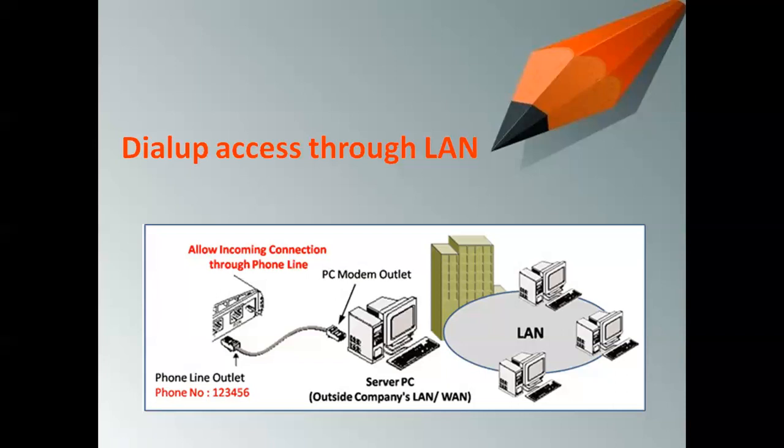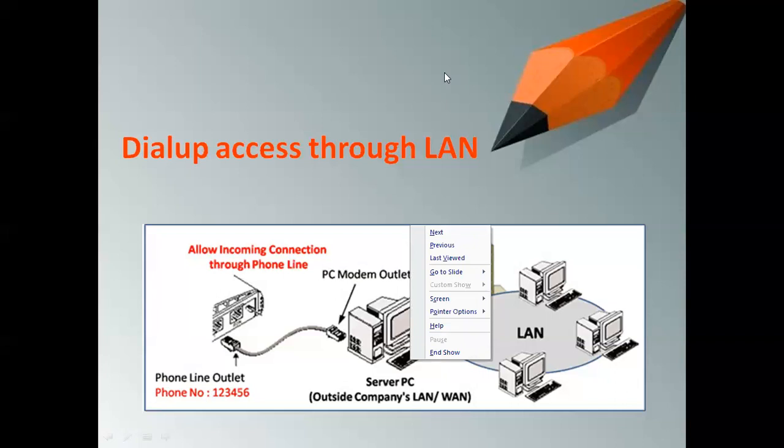So these are the four different types of connection which we have learned: host terminal connection, individual TCP/IP link, which is known as dial-up network, next dedicated access broadband connection, which is the fastest one, and the fourth one, dial-up access through LAN, which is a combination of the first and third. I hope you understood these four types of connection.